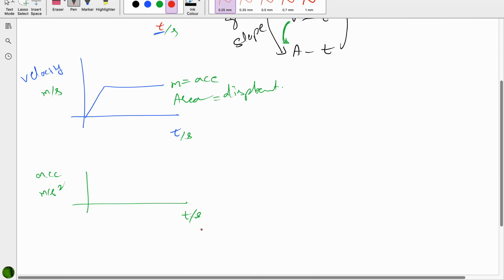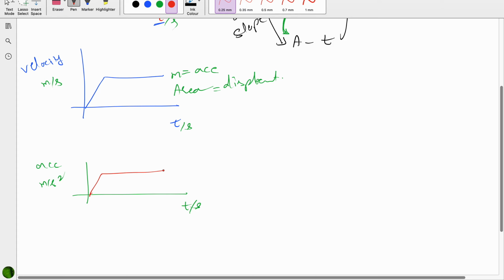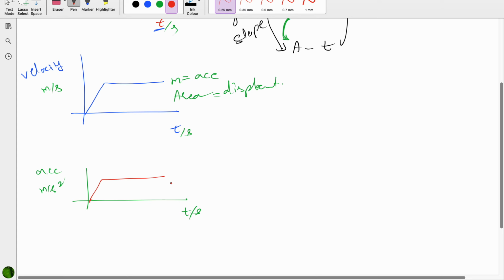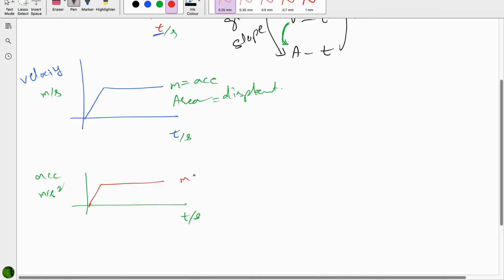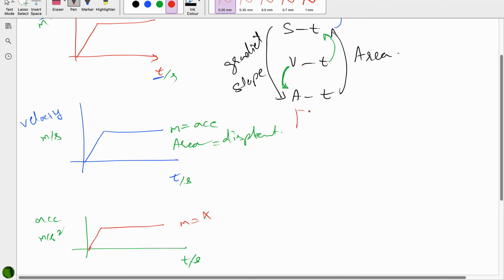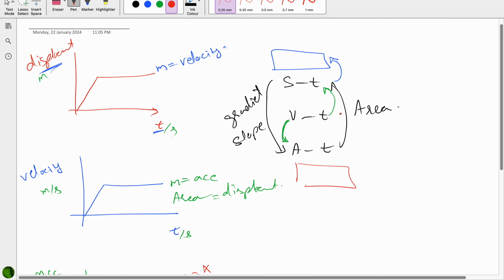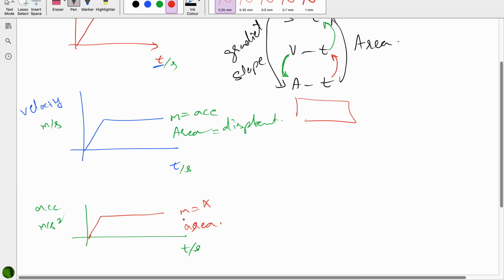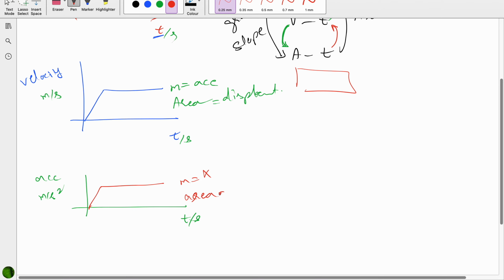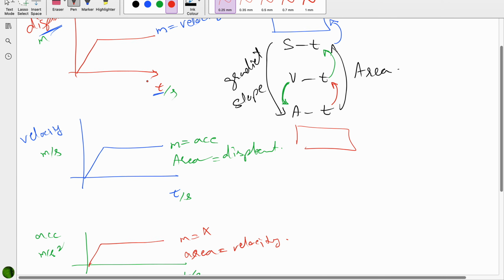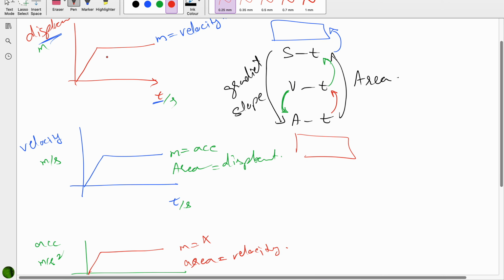For the third part, whatever the shape of graph is, when we talk about the gradient, that gives you nothing because there is nothing below this point, or acceleration divided by time is not giving us anything. And area of this graph will give you the velocity. Acceleration into time is velocity. This is one way. The other is, if you need to understand, when we talk about the gradient of displacement